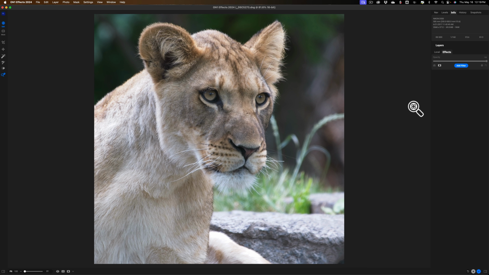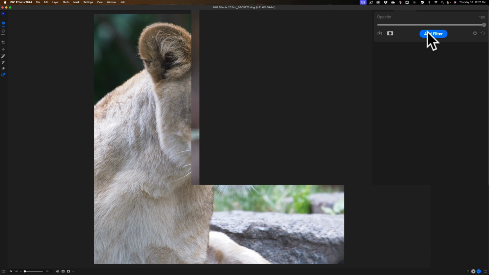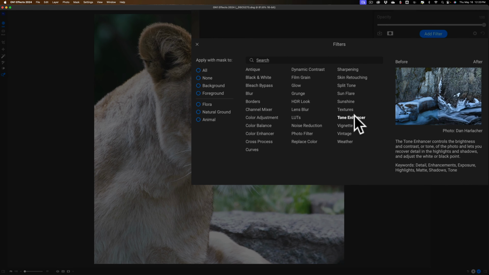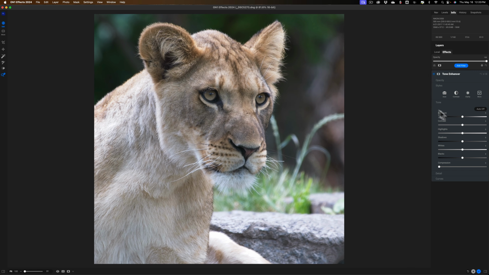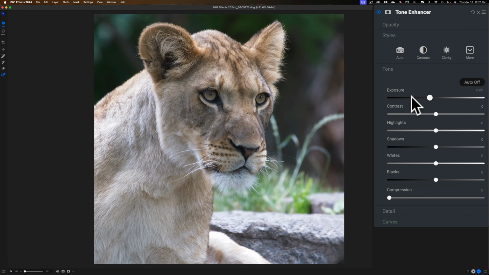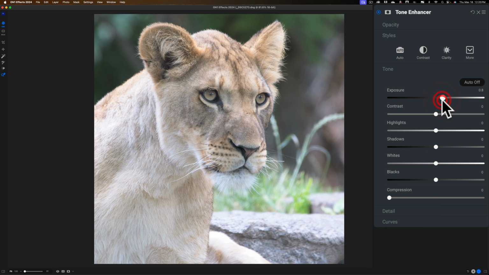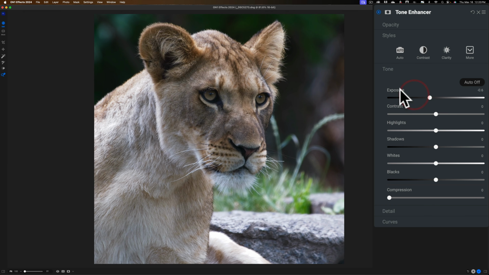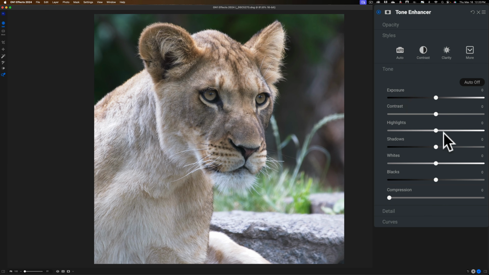Now, as far as this image is concerned, I want to start out with a global adjustment, as I normally would if I was editing this image in On1 Photo Raw, or if I was editing in Lightroom or any other app for that matter. I like to, after I crop, edit tone. So I'm going to go to Add Filter, and I'm going to add a Tone Enhancer filter, and this will affect every single pixel. So you'll see as I move a slider, it's affecting everything. That's what I want. So what we'll do is we'll reset that exposure slider back to 0,